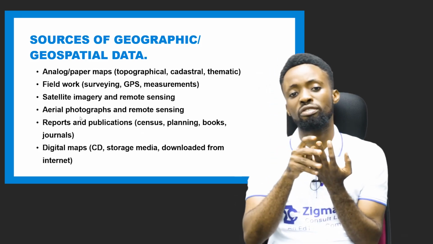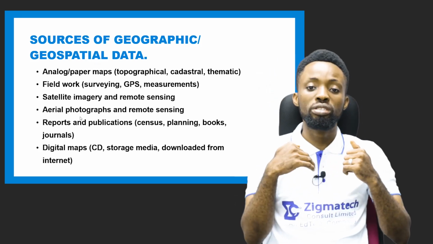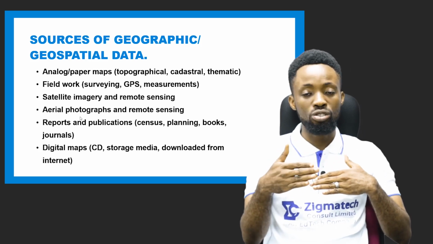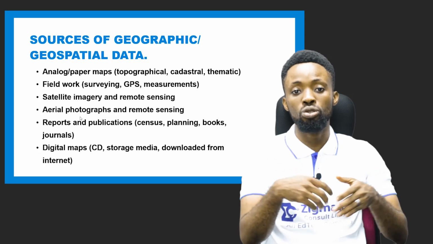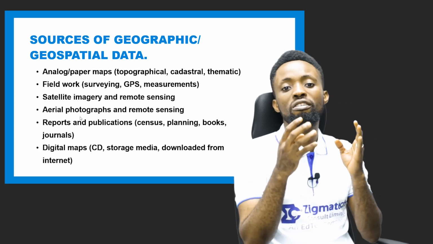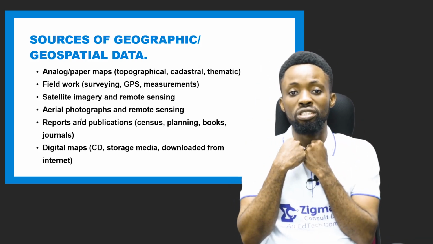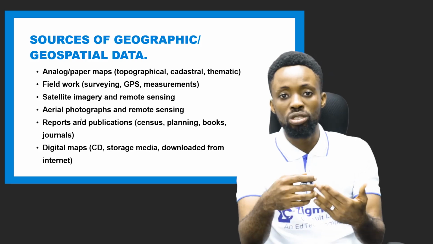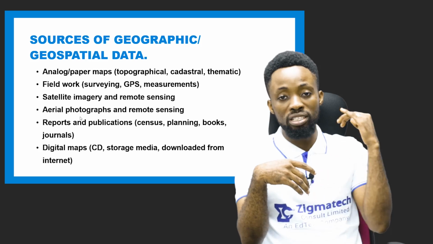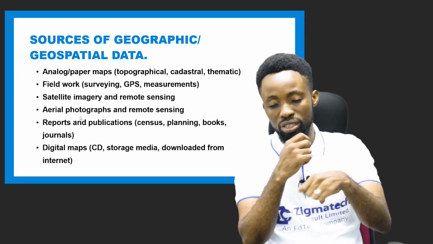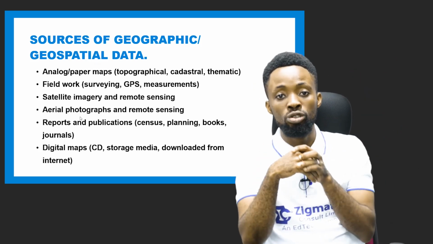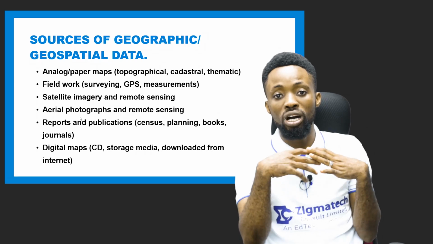Now, the remote sensing devices or equipment are simply those equipment that don't need contact with the earth surface before they can obtain information. So they are directly up there in space, and they receive information of the earth surface without having contact with the earth surface. So when they receive this information via the satellite, they send the data gotten to the database station, where it can be processed into meaningful information for our use.